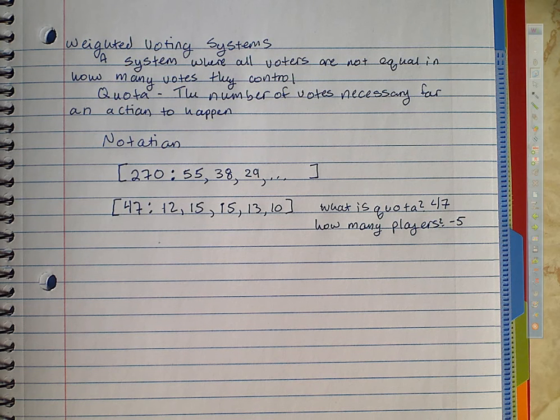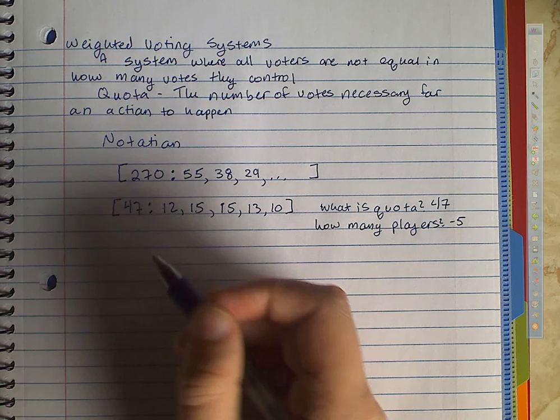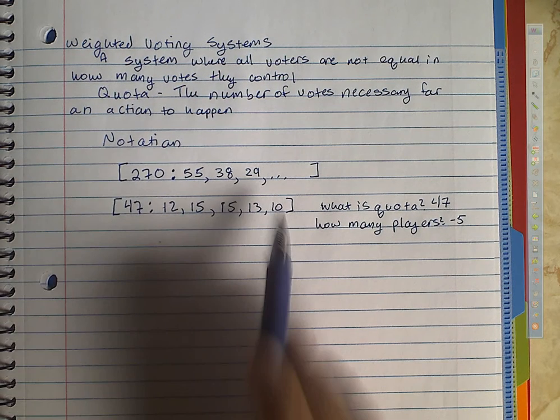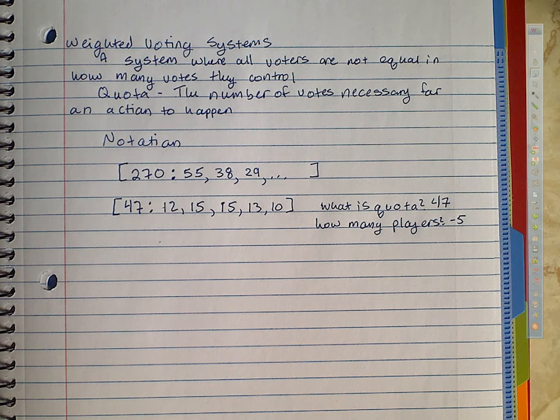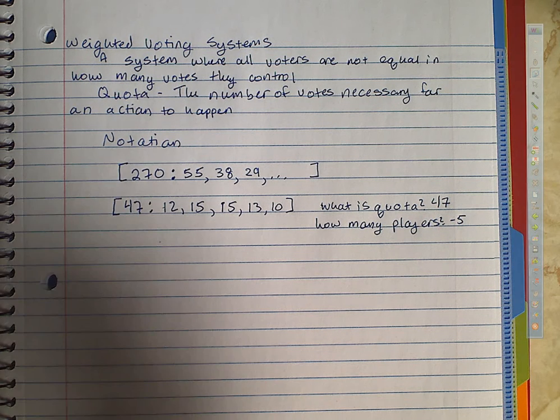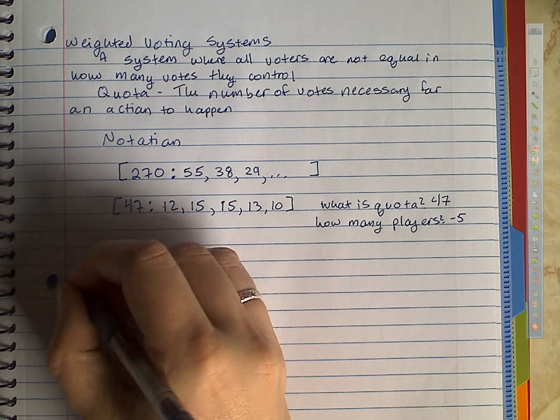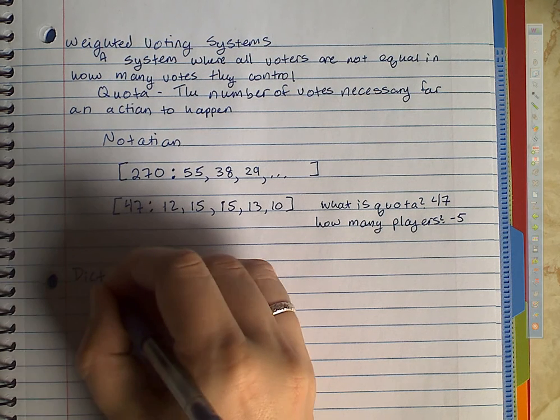Rather than having to write out sentences and stuff to describe it, mathematicians came up with this notation. Okay. So next, there are 2 more things we're going to talk about today: dictators and dummies. So a dictator